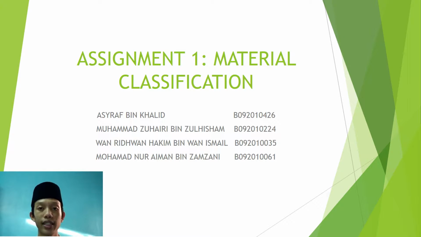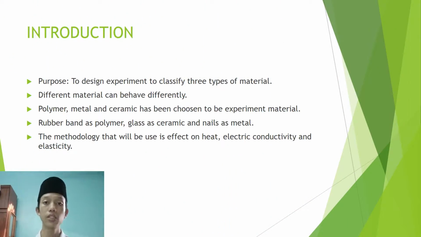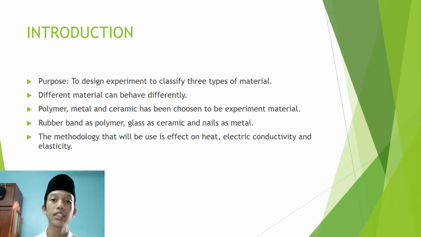Today we will be presenting about assignment 1, material classification. The purpose of this lab is to design an experiment to classify 3 types of material, such as polymer, ceramic, and metal. Each type of material could behave differently depending on their physical quantities, mechanical properties, chemical properties, and lastly,